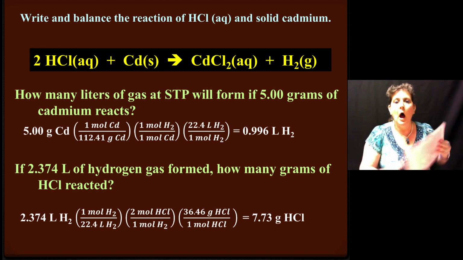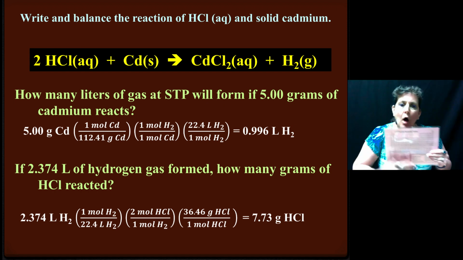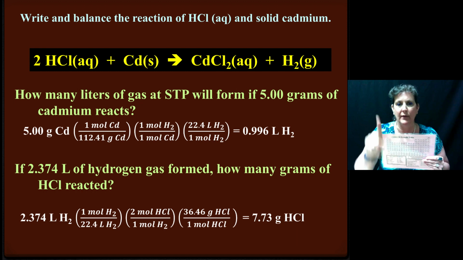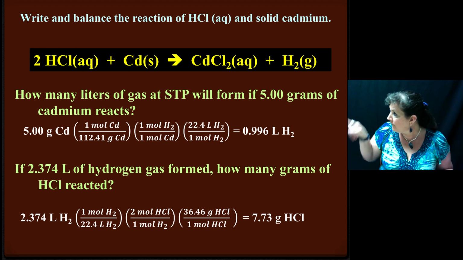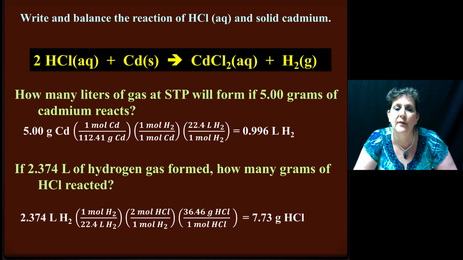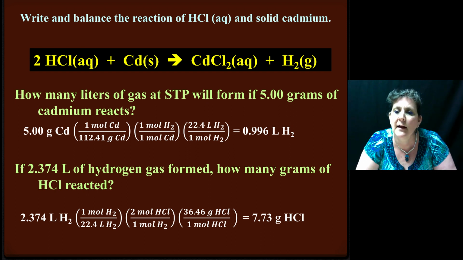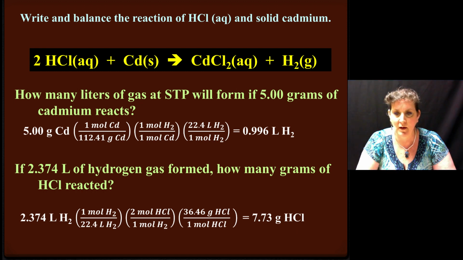Remember, a molar mass is always adding up one of them. 1 mole for a molar mass. Anyway, moles of HCl cancel out. We're left with grams of HCl. That's what we wanted. Yay! When you punch this into your calculator, you get 7.73 grams of HCl. All right, good job.